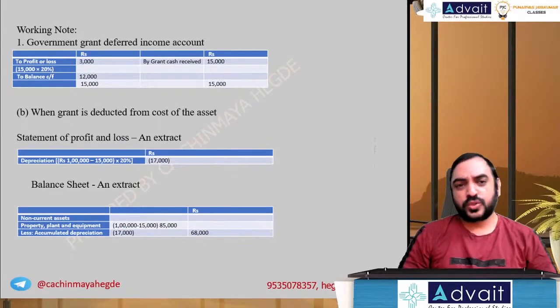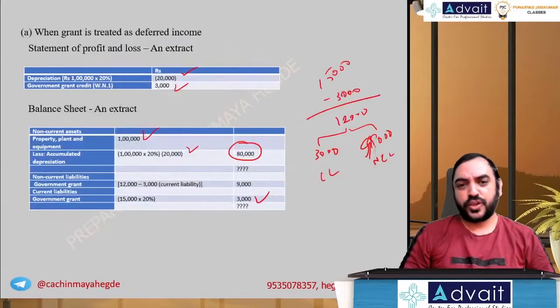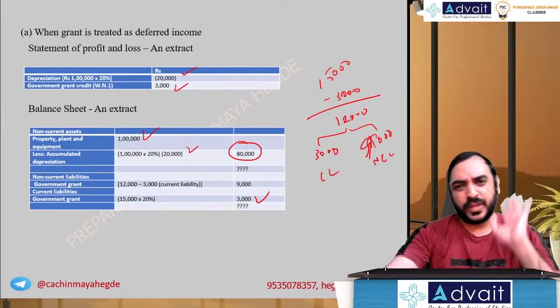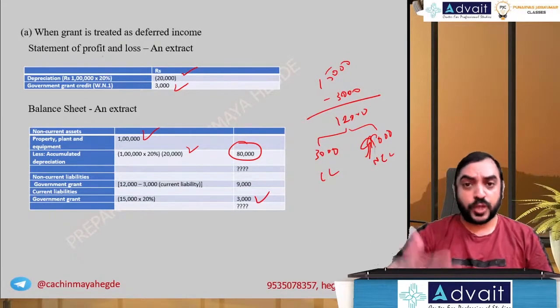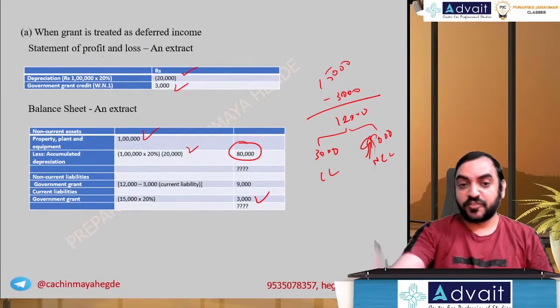You can go through this question for your reference. Very straightforward, typical problem that you might come across. You would have seen a lot more problems like this from your intermediate level.